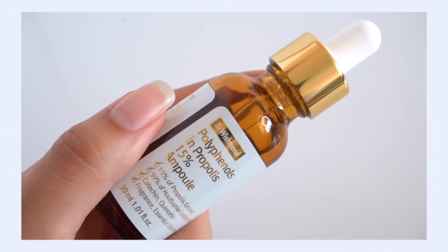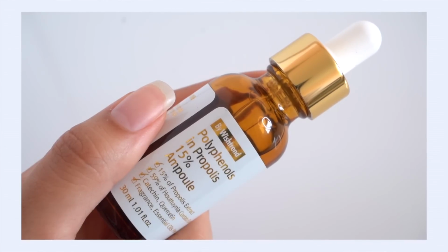So the first one I want to recommend is really based on those of you who do get some breakouts on your skin, who do have inflammation, inflamed or reddened skin, but maybe also sensitive skin. It's, of course, the By Wishtrend Polyphenols in Propolis 15% Ampoule. I know I talk about it all the time, but it's just because I love it and trust it so much,